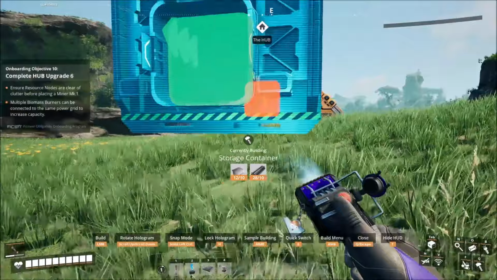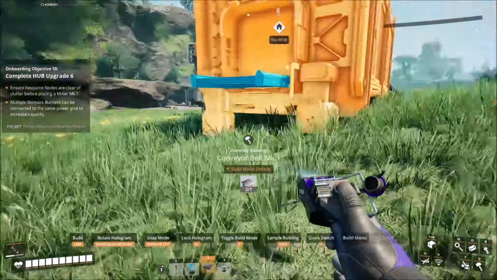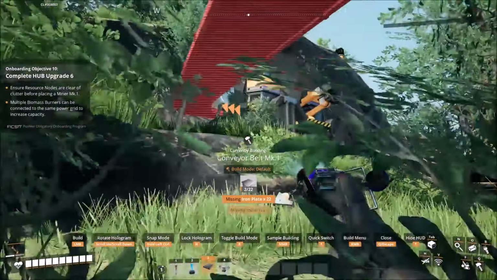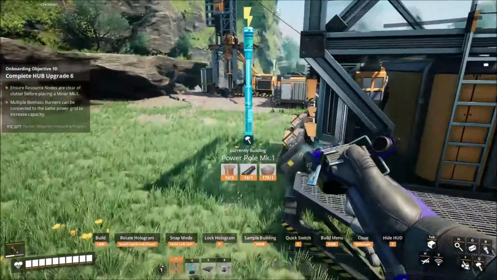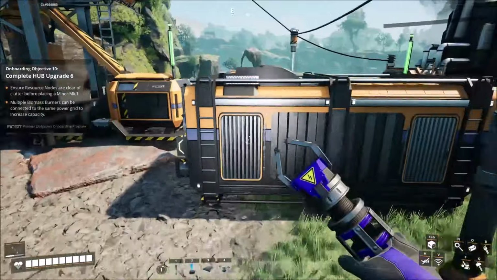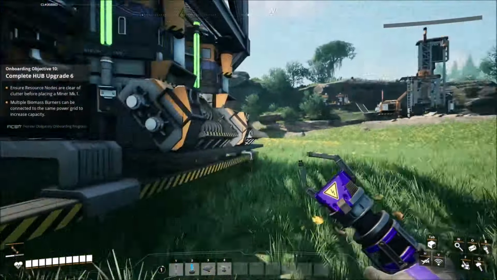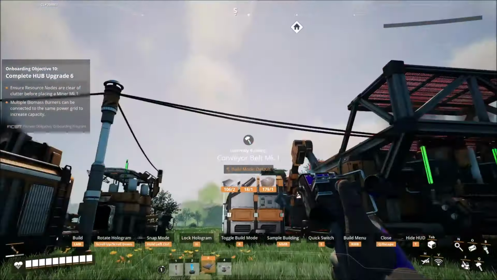Storage container. Gonna go over here, just gonna look at our base. It's totally fine. We go ahead and add that up there. What's wrong with it? Oh, I don't have enough plates. Of course I don't. But we can get plates from here. Oh, it actually stacks up to 200. I forgot. Apologies. Well...